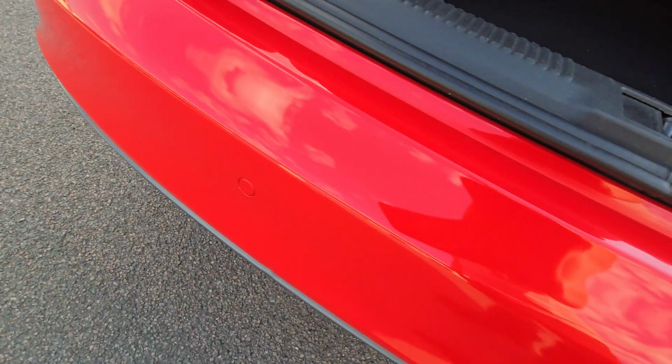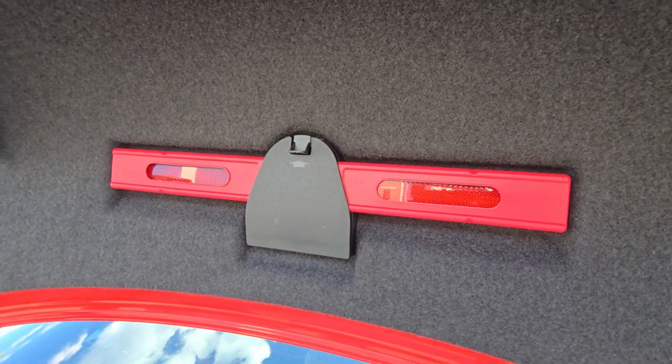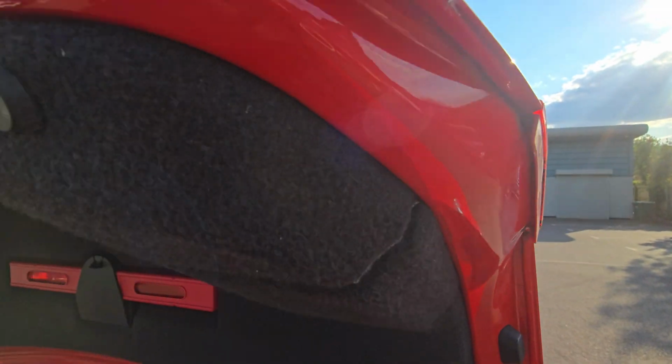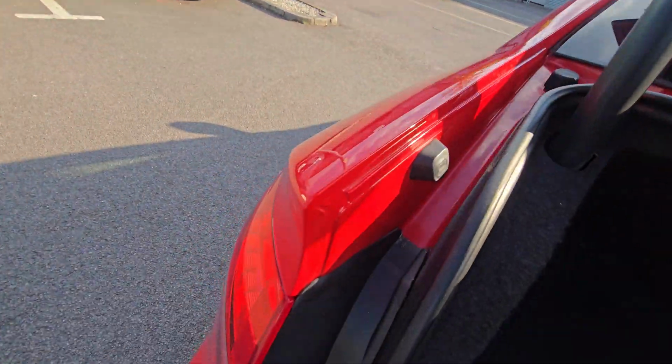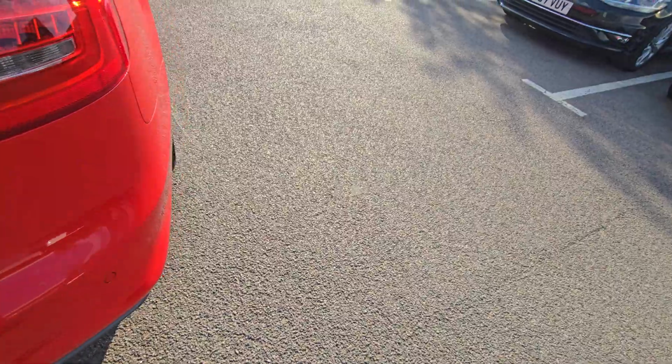Nice and clean. Top of the bumper immaculate. Up here you've got a warning triangle as standard, and it's all carpeted, that boot as well. It's all nice and clean around the edges, also around the edges there as well. That's nice and clean. Okay,